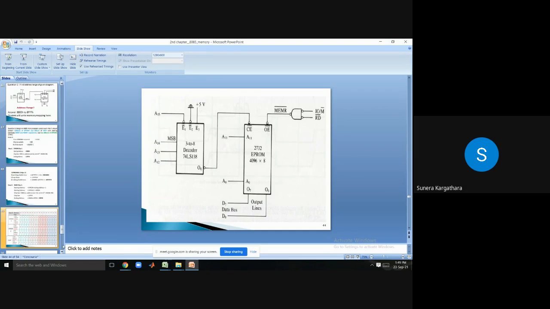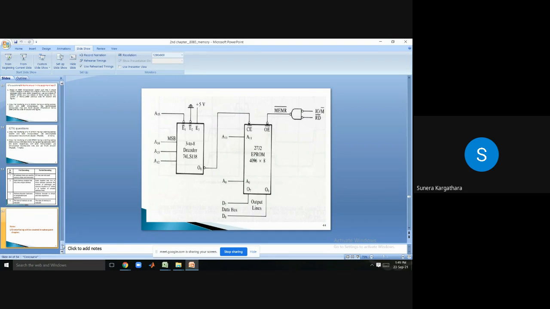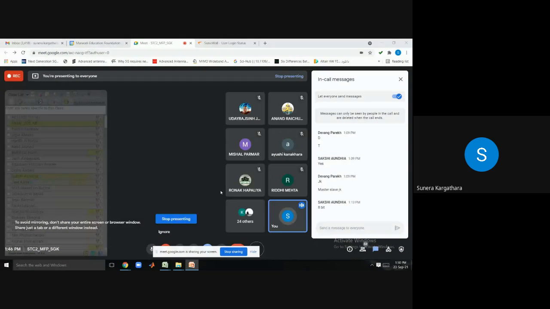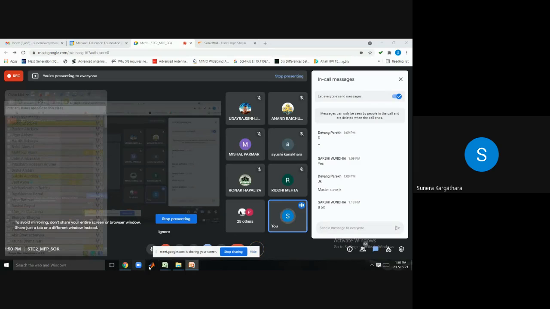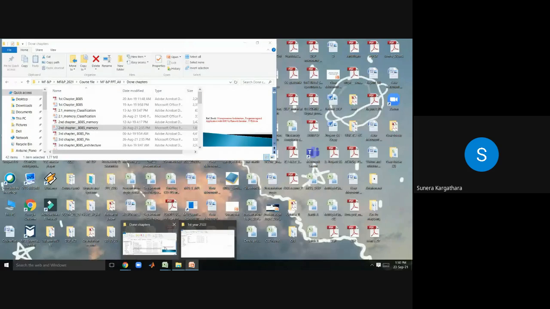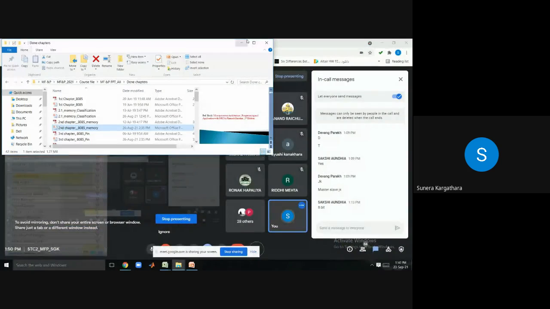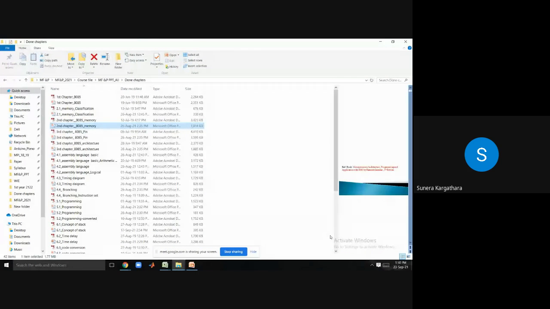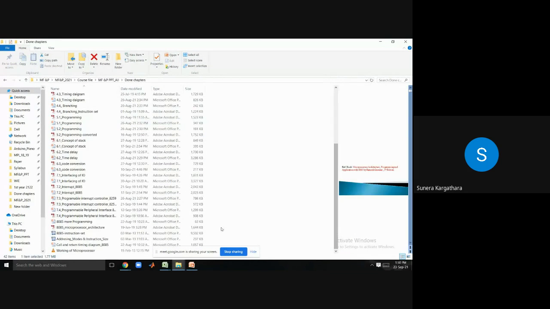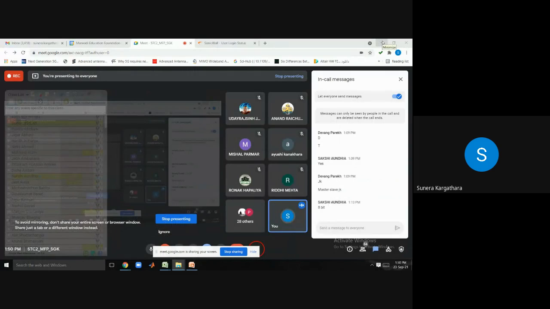Now, student, just as you are interfacing your microprocessor with your memory, in the same way you can connect your input-output device with your processor too. Just as we briefly discussed how to interface our microprocessor with our memory device, in the same way we want to discuss I/O interfacing. So probably tomorrow or the day after we'll take a 30 to 40 minute lecture and brief about I/O interfacing. Any doubt up to here, anyone?